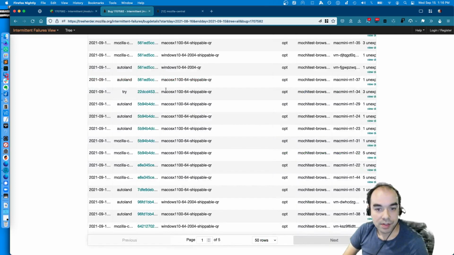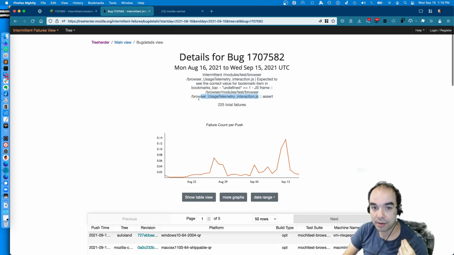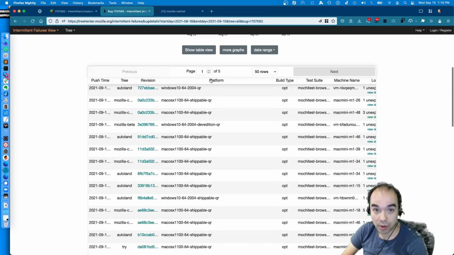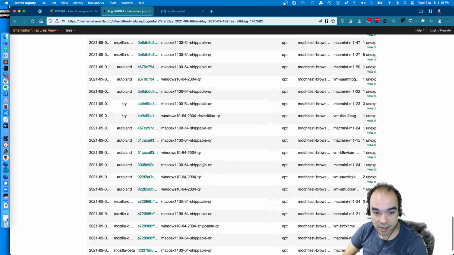lots of different failures. That's worth noting, and a lot of them are shippable. So let's now start looking at the test itself to try and understand what the test actually tests and where the failure occurs, and see if we can come up with a hypothesis of what might be racing. And yes, there is pagination. I'm on page 1 of 5. We can go view 100 rows and see that